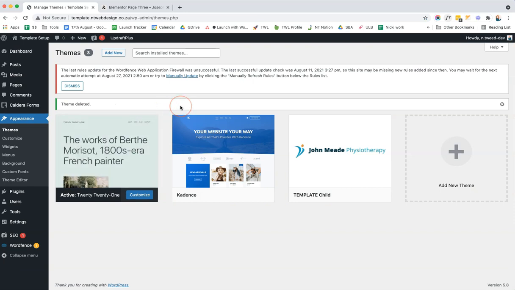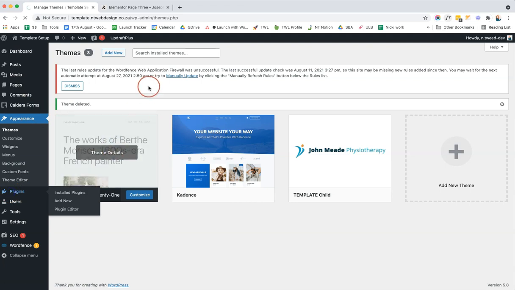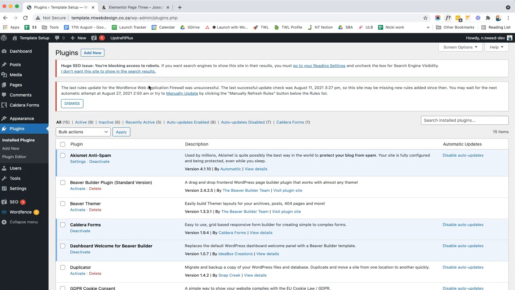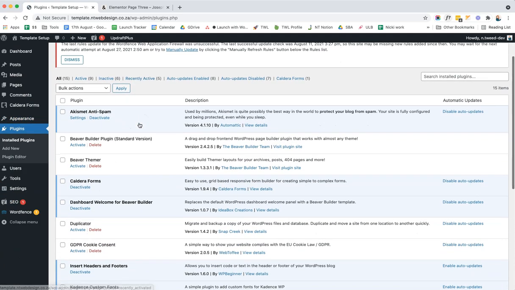Okay, so for the purpose of this tutorial guide, we are going to be using a fresh new installation of WordPress, and we are going to be using the 2021 theme. Now to note, this theme does not give you the option to remove the header or the footer or create full width templates. So to get around this, and you might need to get around this if you are using a different theme, then what I recommend is coming to plugins and installing a plugin that is called Full Width